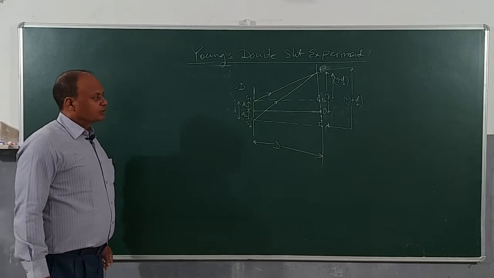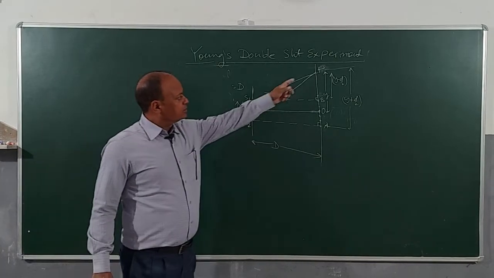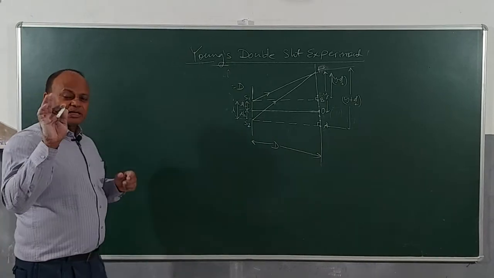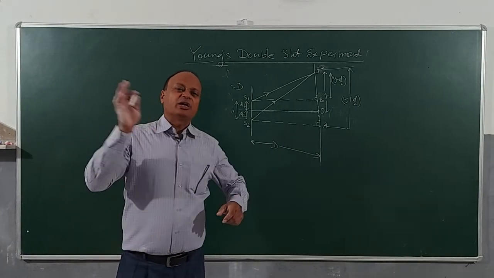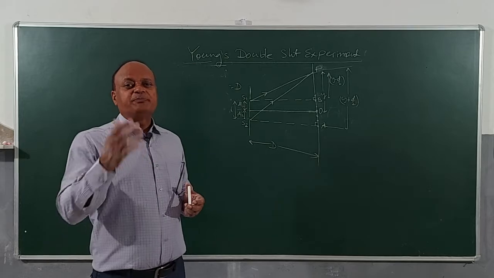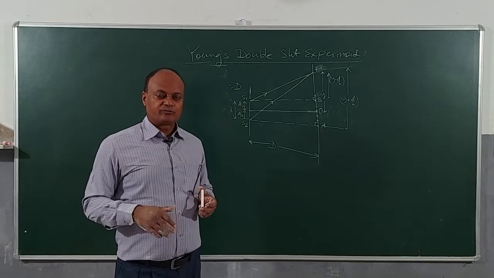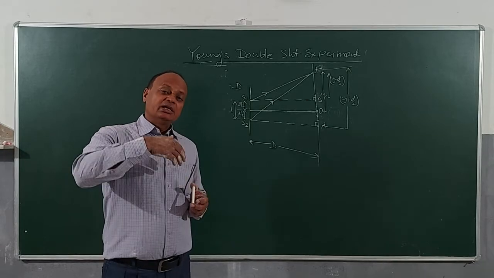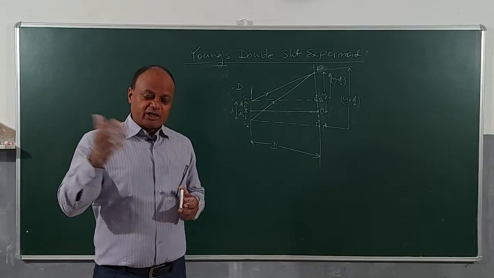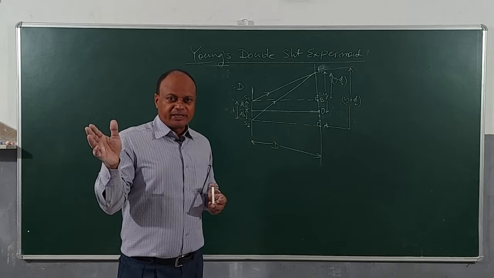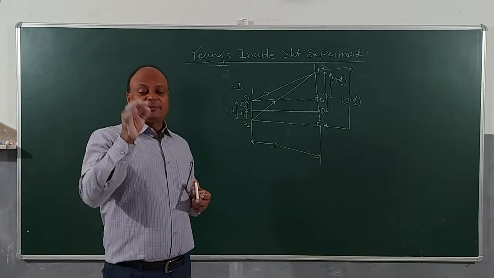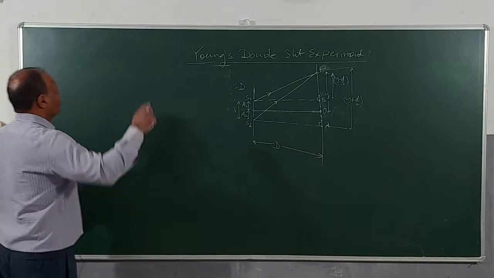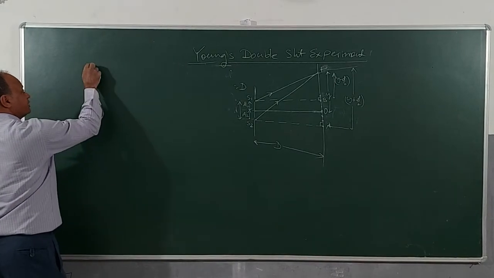So children, we found the distance of point P. See, point P can be any maxima or any minima. Like I can say that P is fourth maxima, or fourth minima, or it is nth maxima, or nth minima. It could be anything, but what it will be depends upon path difference and phase difference. So here I will conclude what we derived till now.